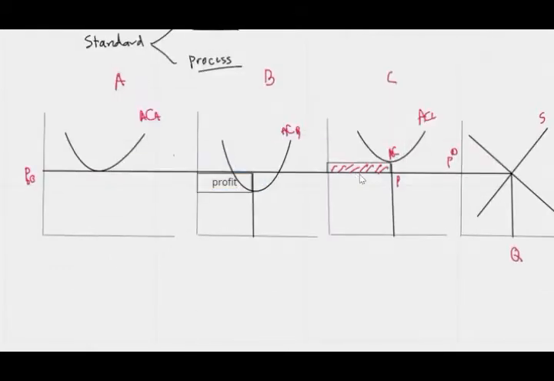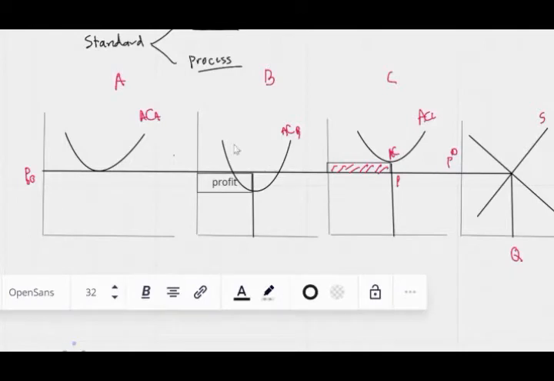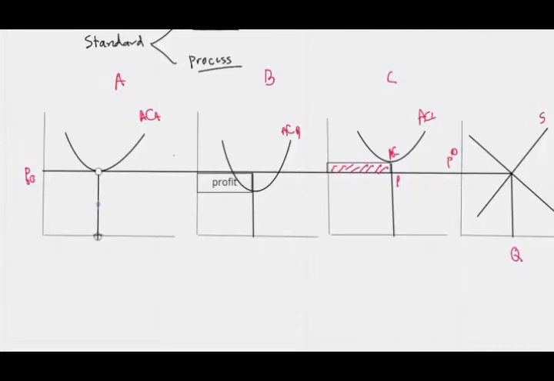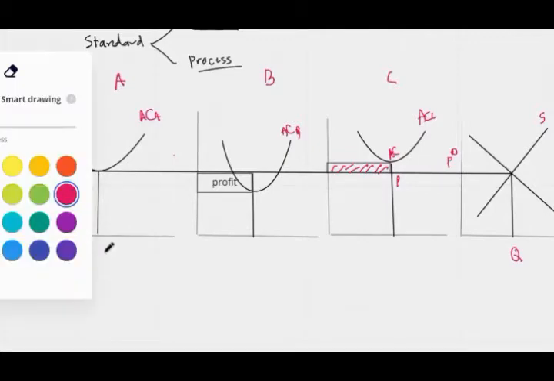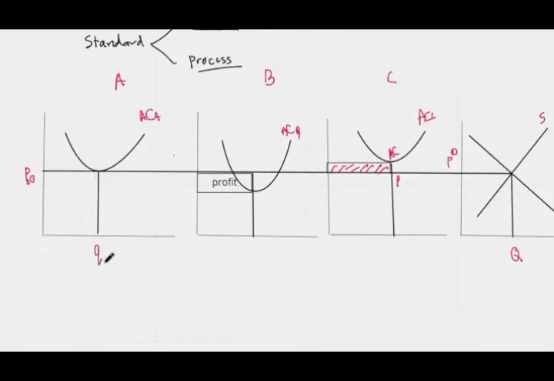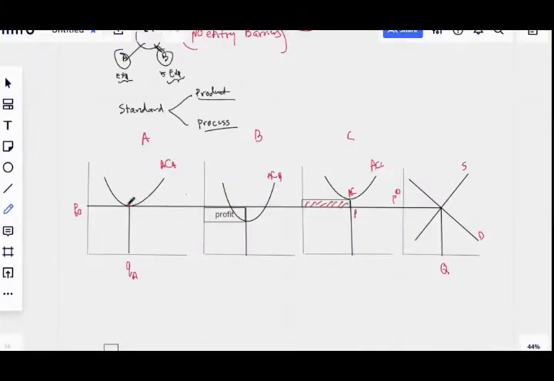This area is the amount of loss. So this fellow is losing money. How about this one, the third one? Sir, if he hits a certain quantity, then his production cost and he will be in an even situation. So this fellow, if he sells less, he is losing money. But at this point, he will be at least making break even. So this is his profit.